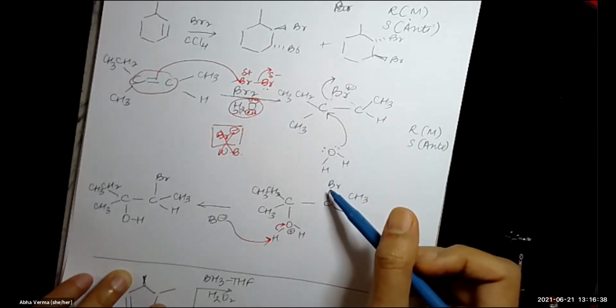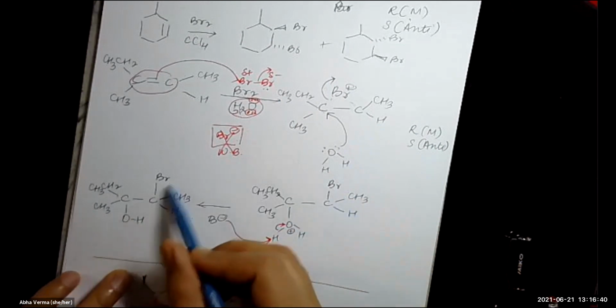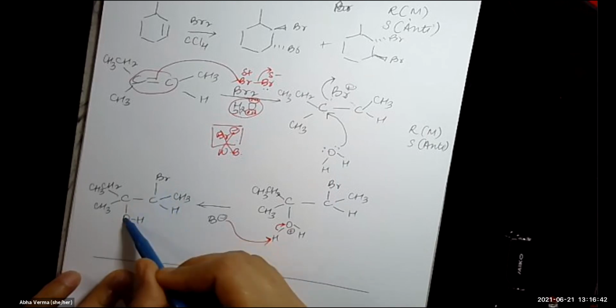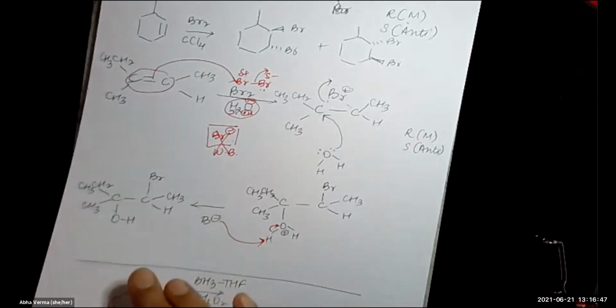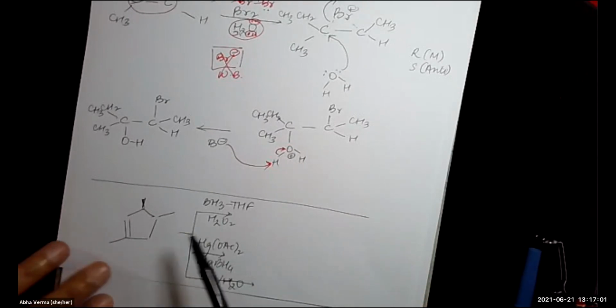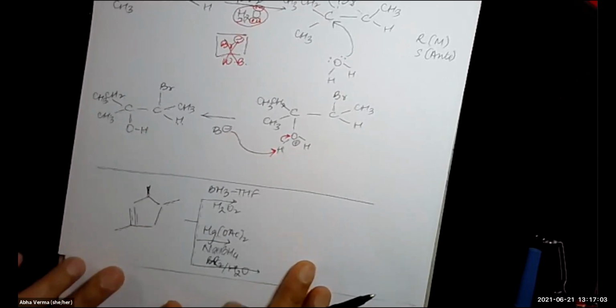These two will be anti to each other. So for your module 7 onwards, whenever you're trying to decide about a product, always think of your mechanism. Okay, so I have tried to concise here